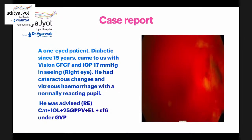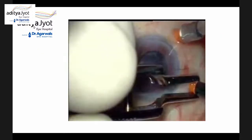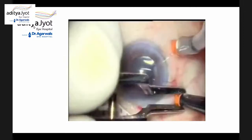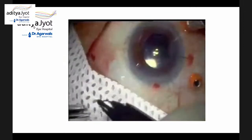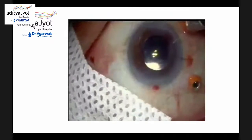Since 15 years, and I came to the vision, counting fingers, we had cataract changes, with SF6 gas and visual prognosis. So you can see the cataract has been already done, placing the 23 gauge entry. So usually I make the cataract steps and then